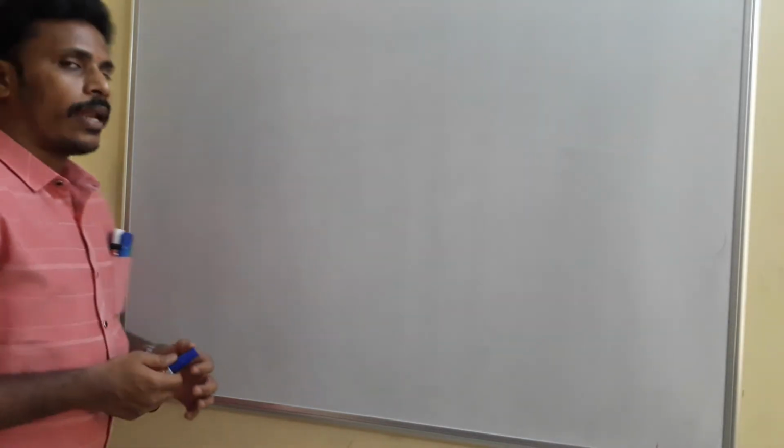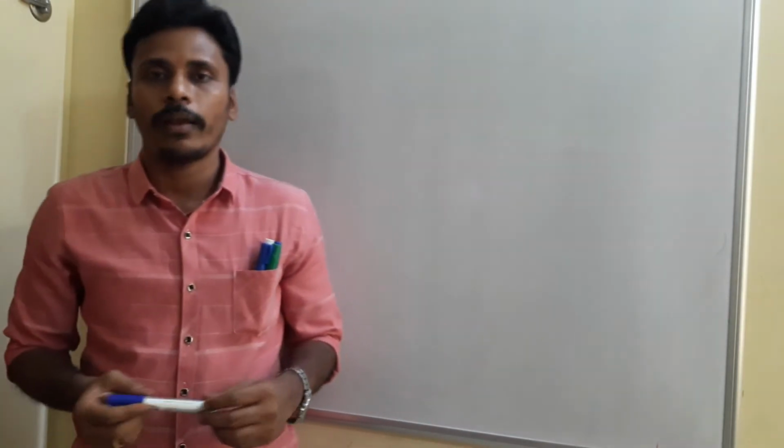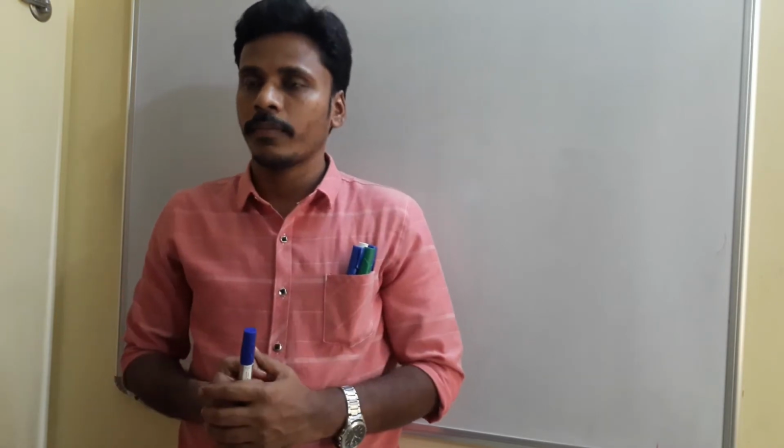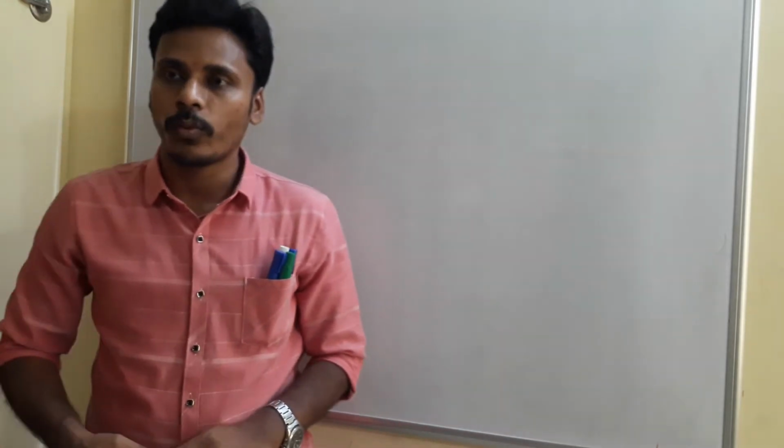Related to algebra, up to 7 points we discussed in the last class: (a+b)² as a² + 2ab + b², (a−b)² as a² − 2ab + b², and (a+b)(a−b) as a² − b². Using that, (a+b)² + (a−b)², and (a+b)² − (a−b)² as 4ab. After that, in the 7th point I mentioned (a+b+c)².